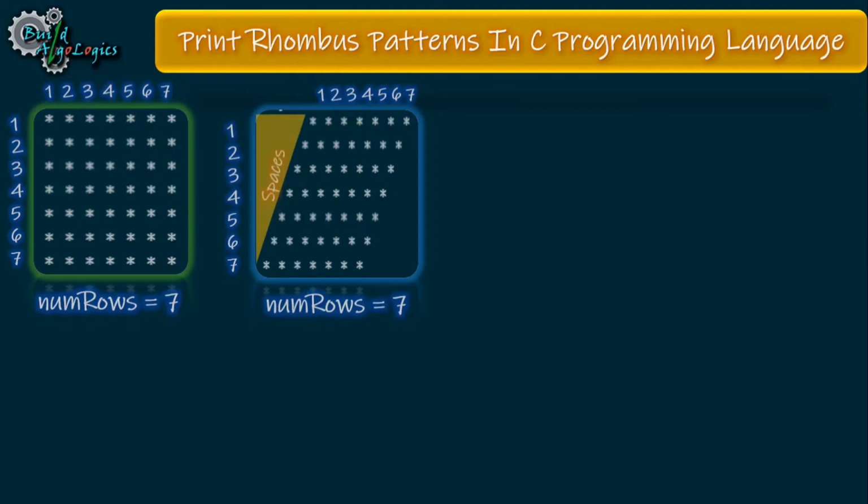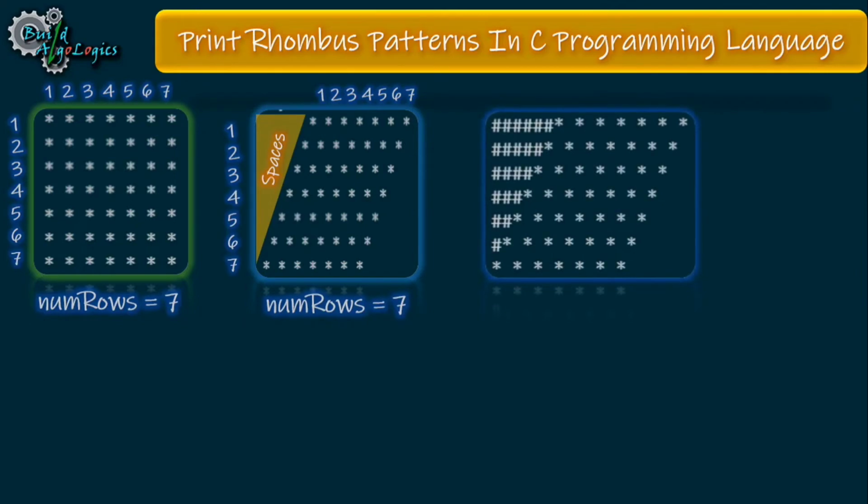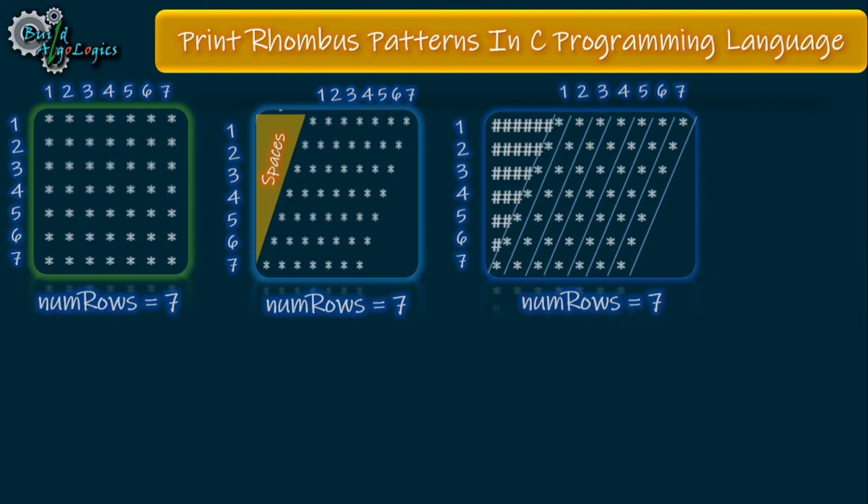This part is nothing but these spaces. For better understanding, see this figure. Here, instead of printing spaces, I printed hash symbols. Consider these separate parts as col values. You will get this idea very soon, but by looking at this figure, we can simply count the number of spaces required. The number of symbols or spaces varies from 6 to 1. Like in the first row, the number of spaces or hash symbols required is 6, and in the second row it is 5, and similarly in the third row it is 4, and so on.